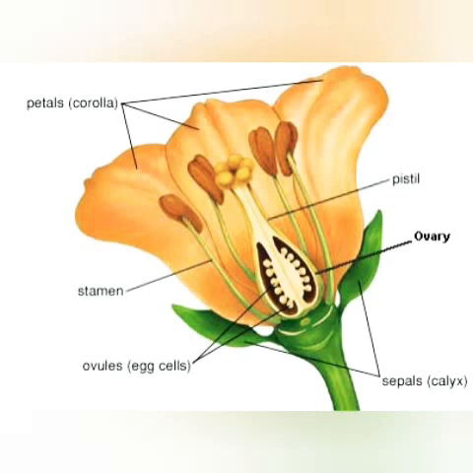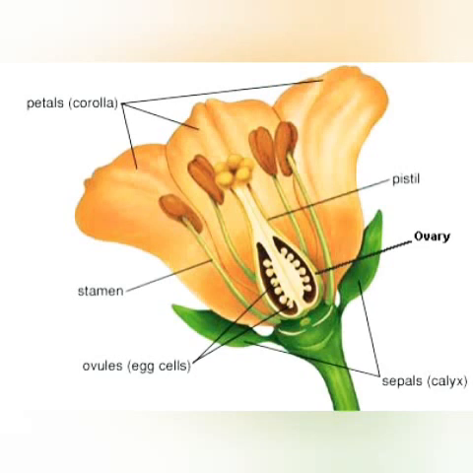Flower is the part of the shoot system. It is attached to the stem with the help of a slender stalk known as pedicel. Pedicel at its tip is flattened and it is known as thalamus. The thalamus will result in the formation of all the parts of the flower. We will be discussing about each part in detail.